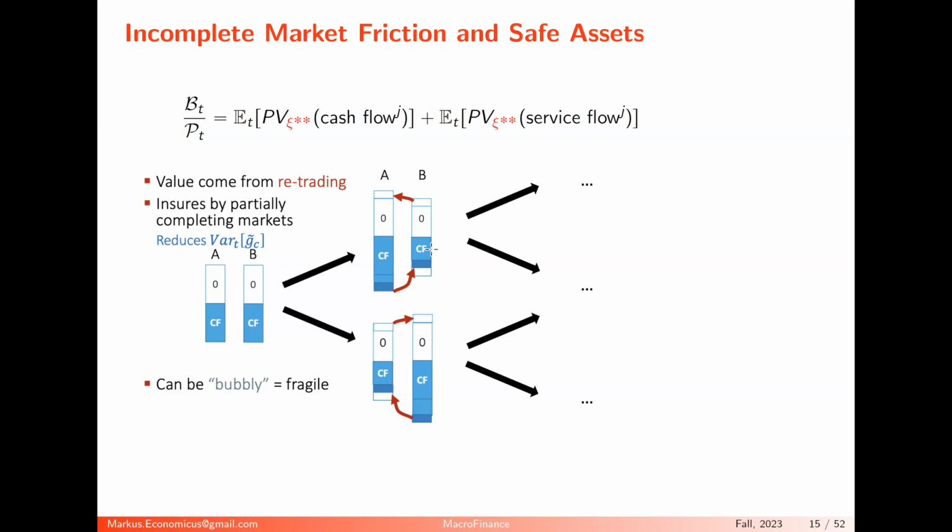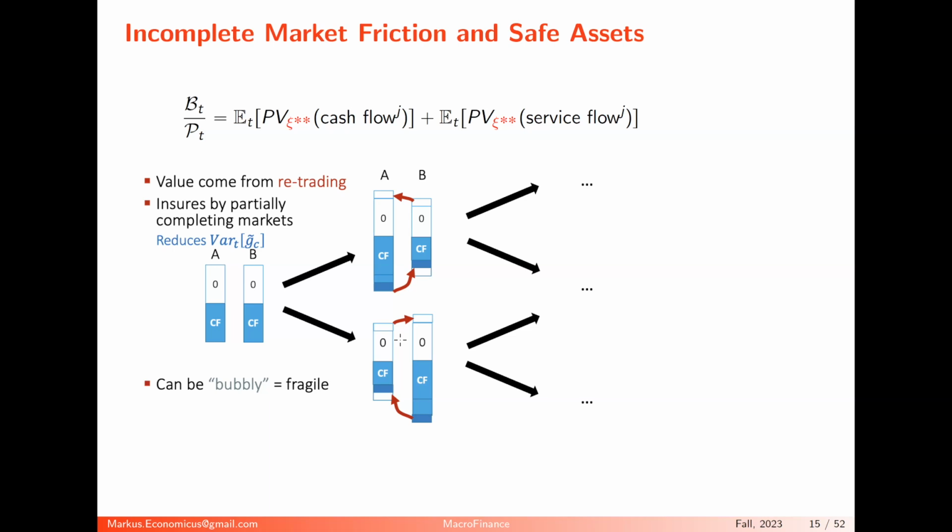And nobody wants to use it. And then we just have to bear this total risk, Al and Beth. We have to live with an incomplete market friction. Now here, the shocks are perfectly negatively correlated. In our model, we have a continuum of these guys, and all the shocks are idiosyncratic. Here I only looked at two, Al and Beth, with perfectly negative correlation, just to illustrate that. In the model itself, all the Brownians, these tildes, are idiosyncratic to each other.